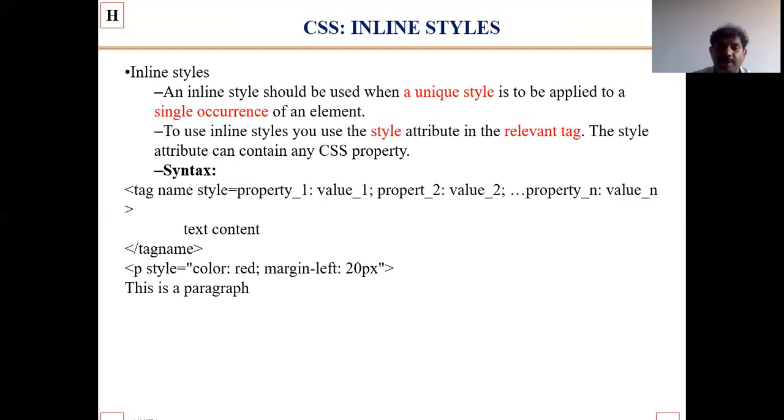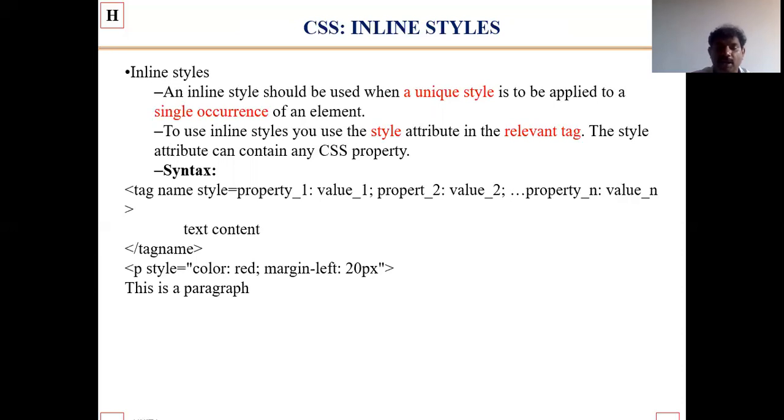For the inline style, we have to follow this syntax: tag name, style is equal to property 1 colon value 1 semicolon, property 2 colon value 2 semicolon, up to property n and value n. Here tag name means the open tag.